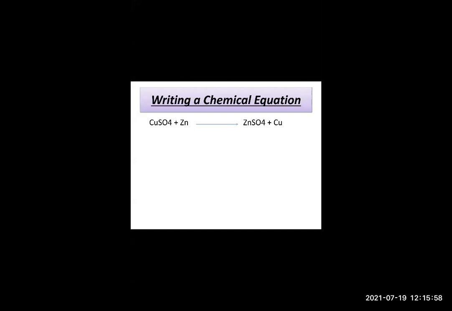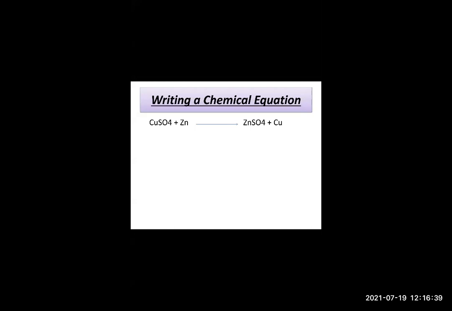That should be written inside the bracket. Right? If the product is in gaseous state, instead of G, it can be indicated by an arrow upward. Okay, you can show it by the arrow. Like carbon dioxide gas is evolved, suppose. So CO2 and an arrow pointing upward. If the product formed is an insoluble solid, that means it is a precipitate. Then instead of S, it can be indicated by an arrow pointing downwards. That means the product is insoluble.